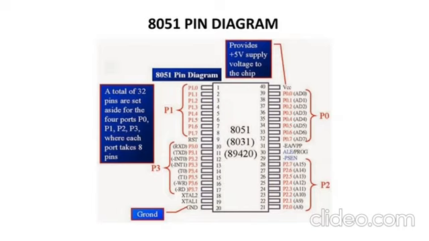Now port 3. Coming to port 3, you have special functions. Port 3.0 acts as the receiver pin, whereas 3.1 is the transmitter pin. And you have 2 external interrupts, port 3.2 and port 3.3, external interrupt 0 and external interrupt 1. Both are active low pins, that is why there you have a minus sign.